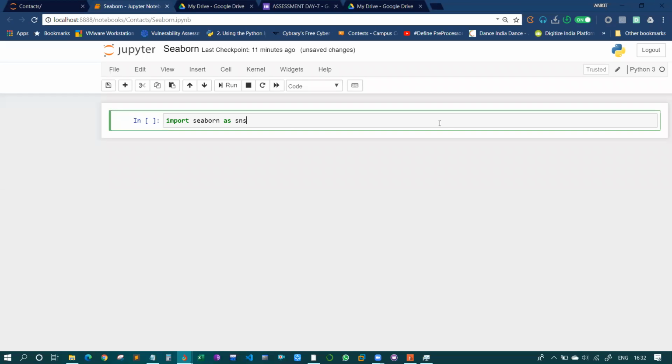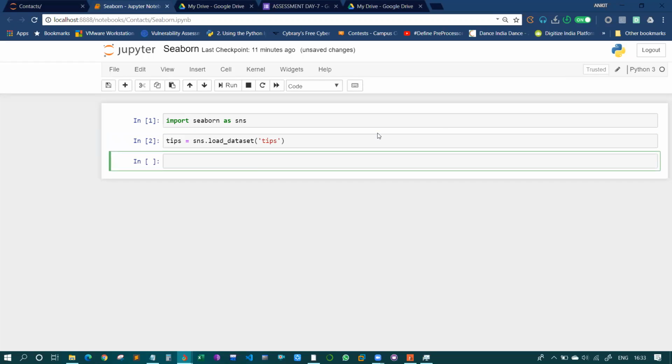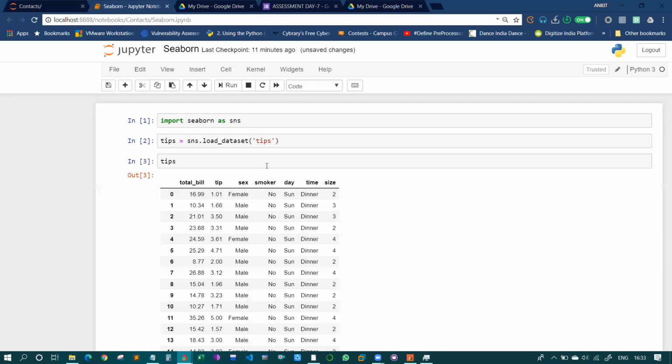This is the first thing you need to do, and to check if the datasets are available on your machine or not, just write tips = sns.load_dataset('tips'). Just write these two lines to check whether the built-in dataset is available or not.